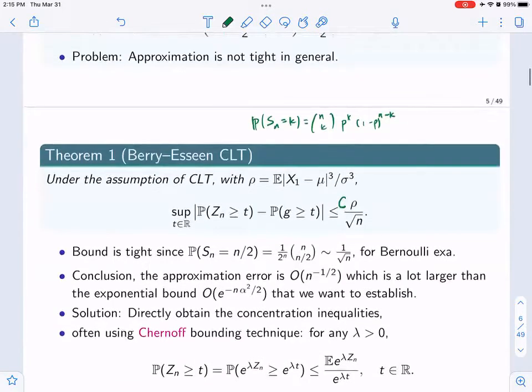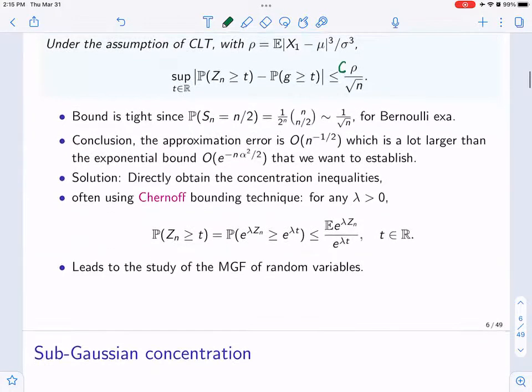So is this sort of clear? So CLT is interesting, but it's not useful to get such a bound. So what is the solution? The solution is just do it directly. So directly attempt to control this quantity rather than say this converges to Gaussian and then use the Gaussian tail